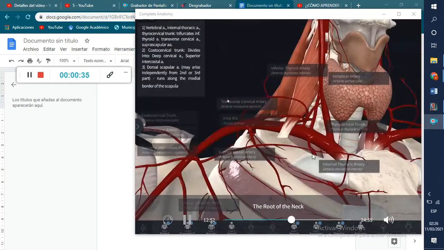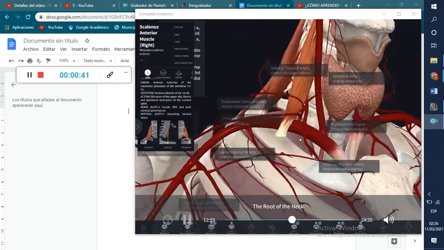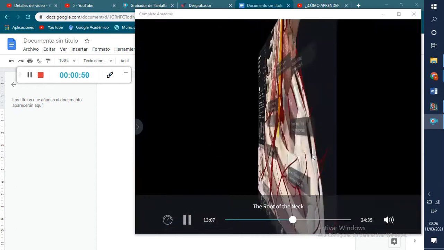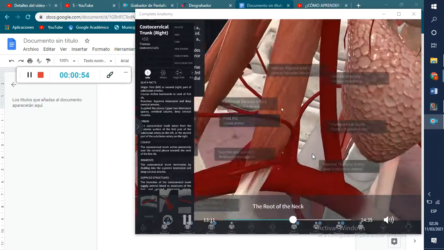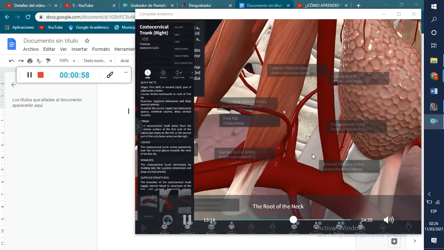Branching off of the second part of the subclavian artery, and remember the second part is actually going to be posterior to the anterior scalene muscle, so why don't we have a look behind here, and you can see the artery back there. This would actually be your costocervical trunk. The costocervical trunk usually divides into two more arteries, which would be the deep cervical artery and the supreme intercostal